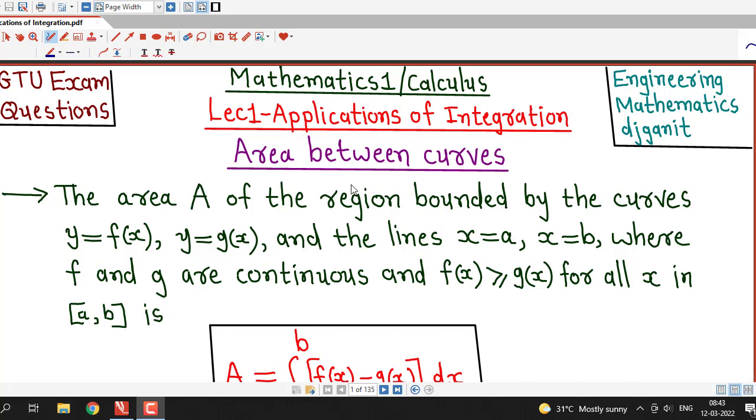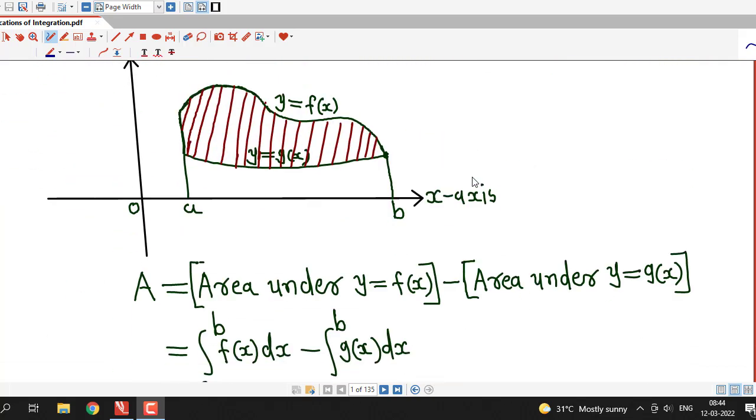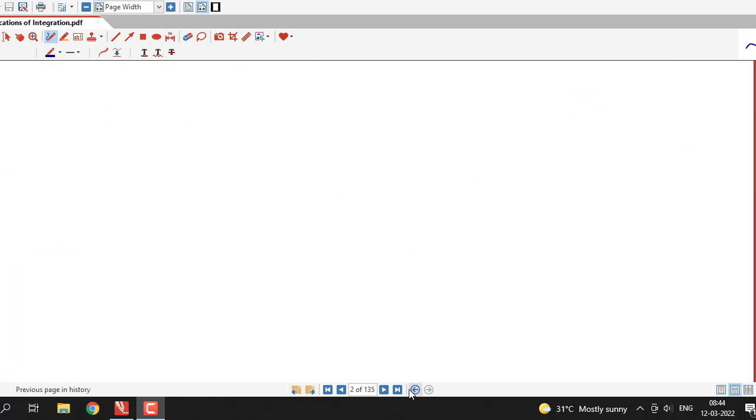From this lecture onwards, we are going to discuss this new topic, applications of integration. We are already familiar with the application of integration from 12th standard. We have seen in 12th standard that using definite integral, we can decide the area of the region bounded by